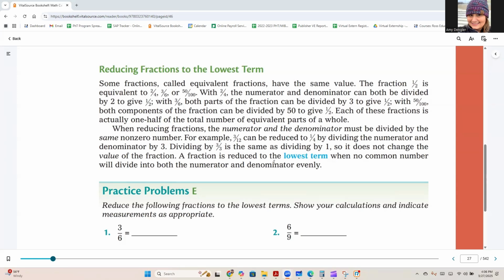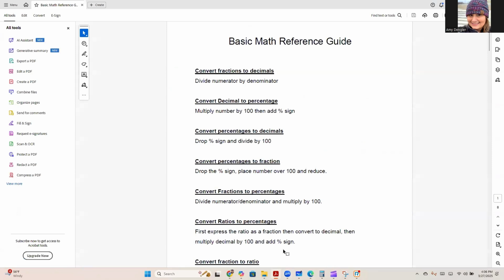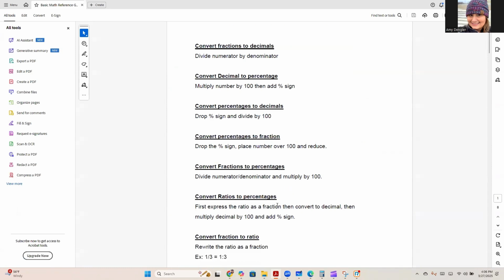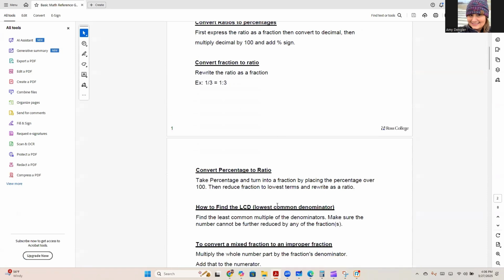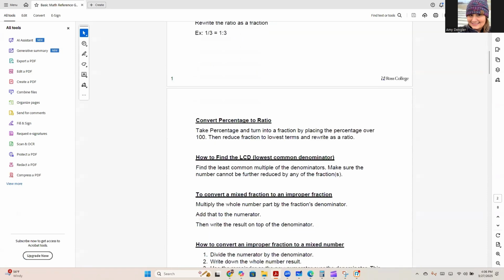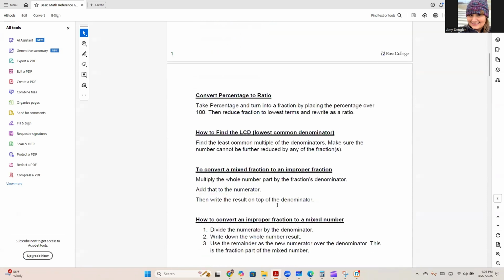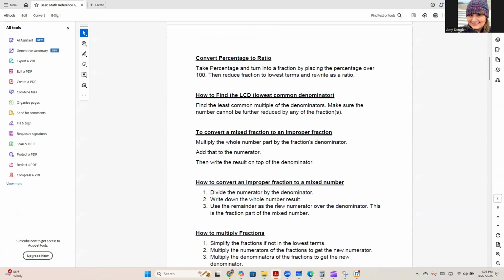Reducing fractions to the lowest term. Before I go on, I just want to show you, I did bring up the basic math reference guide, which again, you should be able to find in your weekly study materials or your homepage. I do have all the rules here, how to find the lowest common denominator, how to convert an improper fraction to a mixed number,